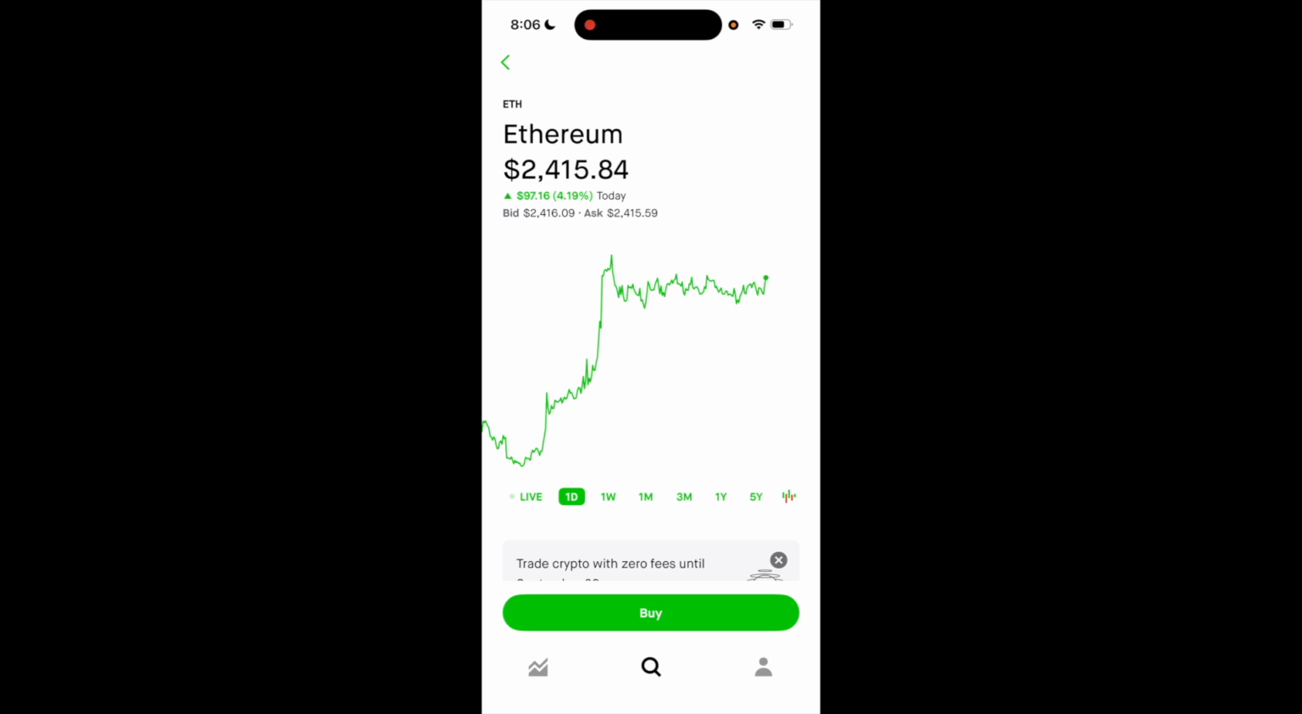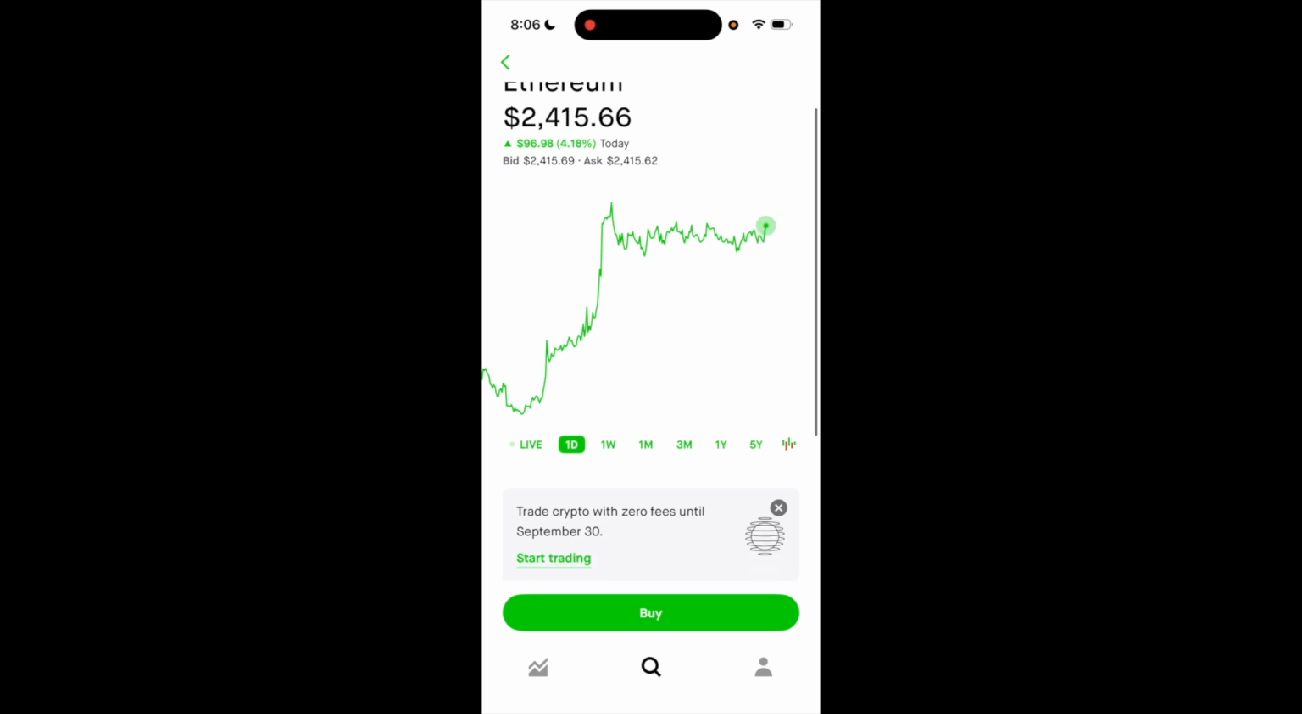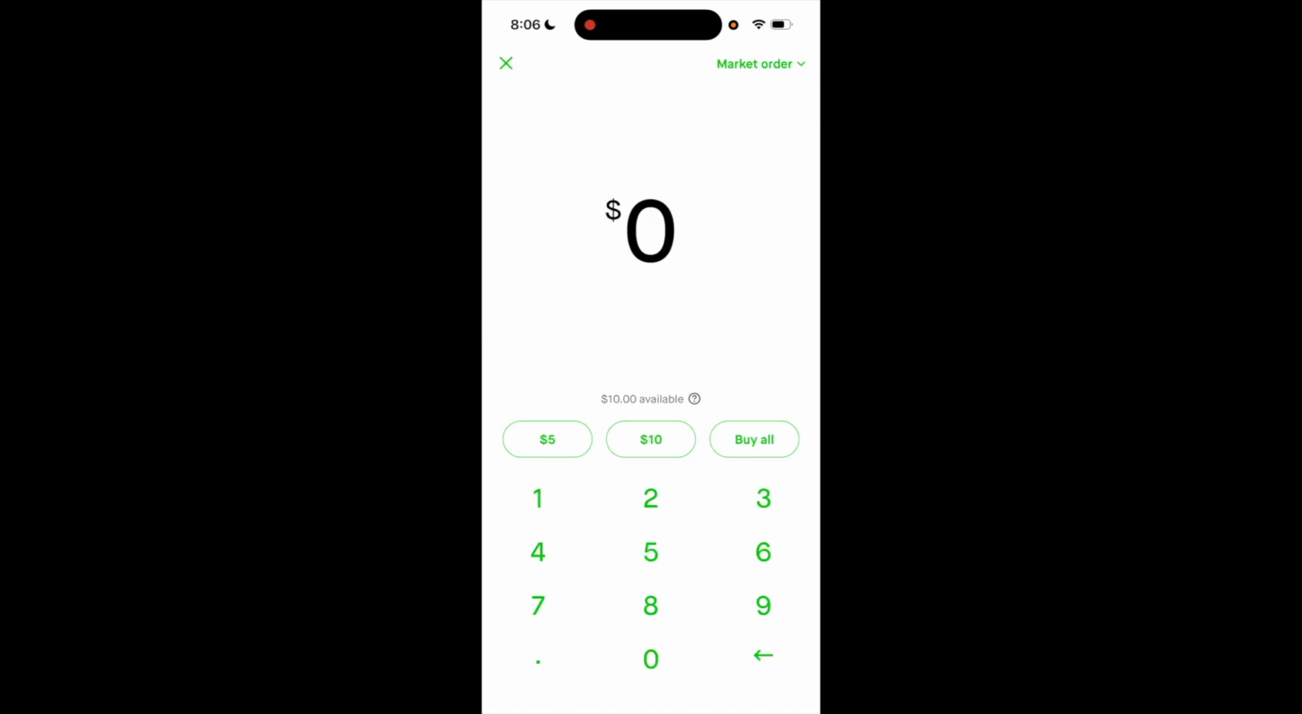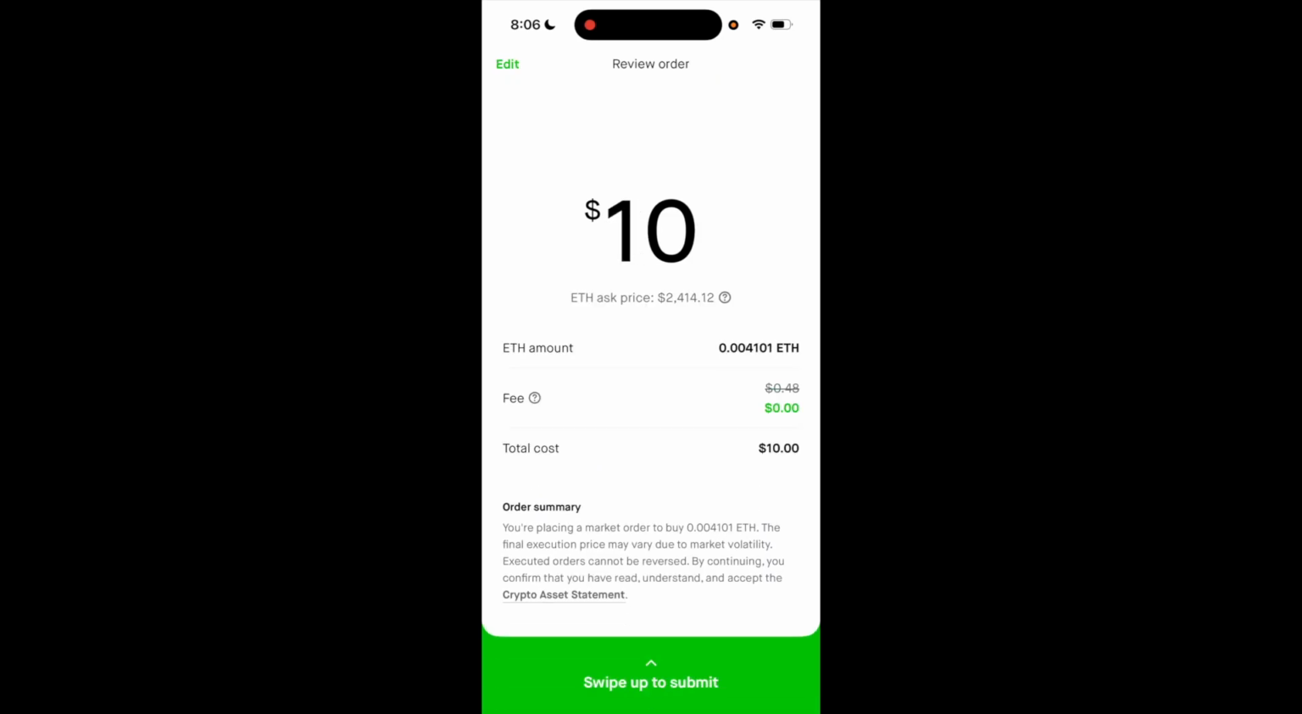So if this looks good to you, you can then go to the bottom here to where it says buy and select that. Then on this page, you can type in the amount of Ethereum that you want to buy. So in this case, if I wanted to do $10, I will go ahead and press $10. It'll then show you the amount of Ethereum you're buying, the fees associated, the total cost. And if this looks good and you want to proceed, go to the bottom, swipe up to submit the order that way. So pretty simple and pretty